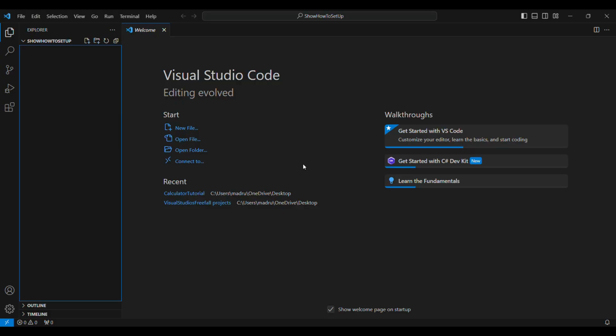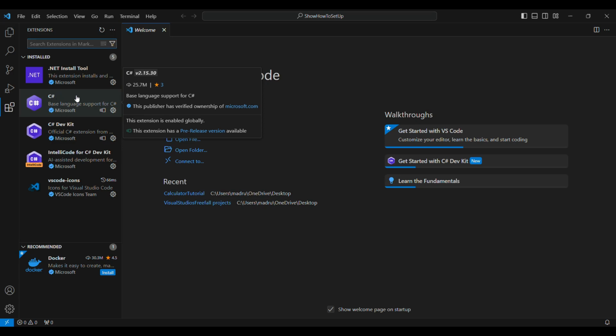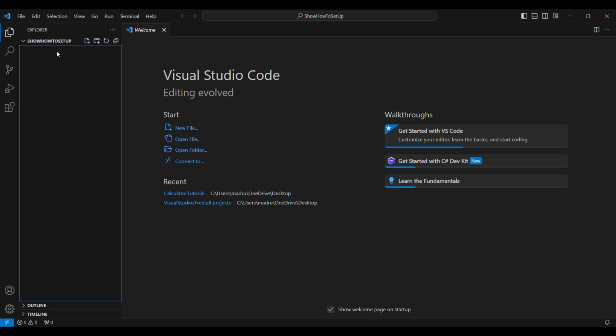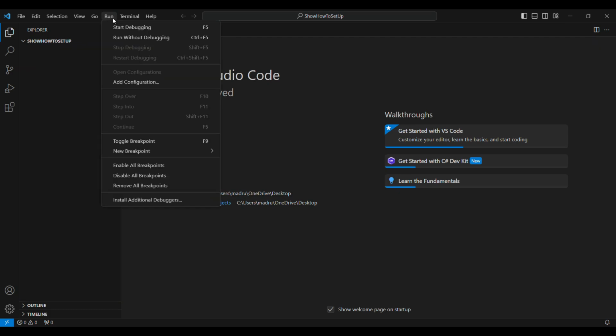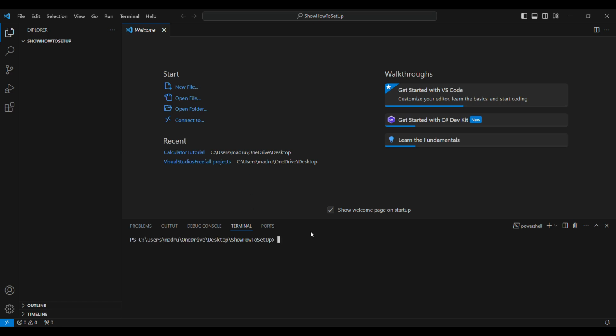So, now that we're in Visual Studio Code, which I assume you've already downloaded, you are going to need to go to Extensions and download the C# base language support. And now that you've done that, you need to go up to your Explorer and go to right here and hit Run. Actually, hit Terminal and hit New Terminal. And now type in